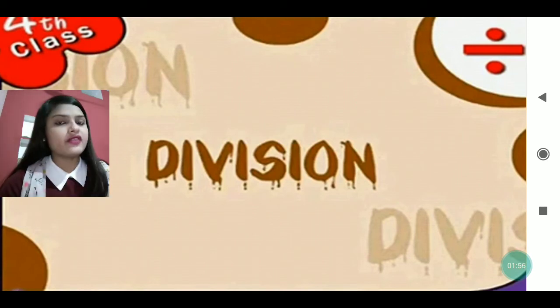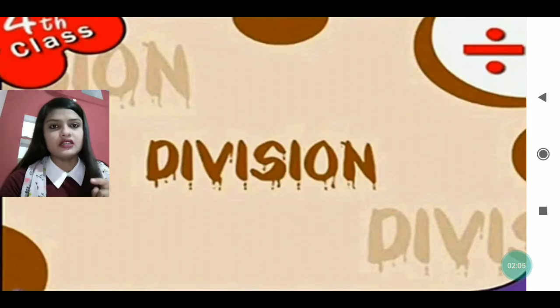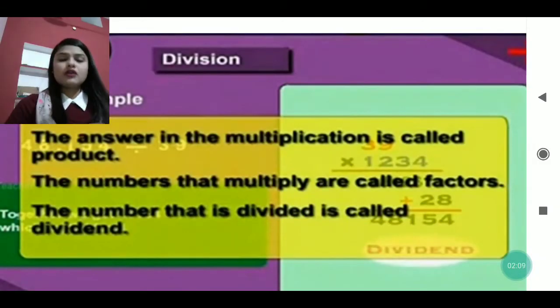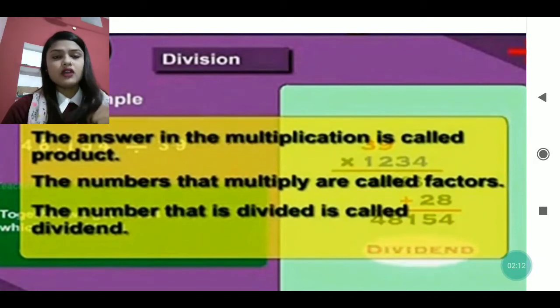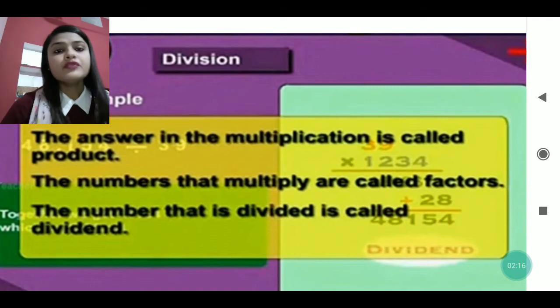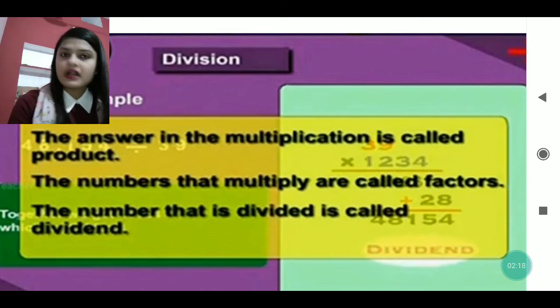Which one is the sign of division? That one is the sign of division: one dash with two dots, one above and one below it, parallel to each other. This is all about division. Now, my dear students, these terms we have already done, so we will go through what is written again.